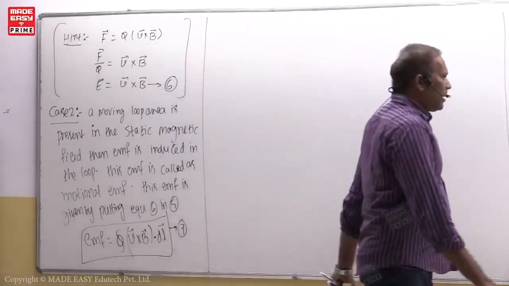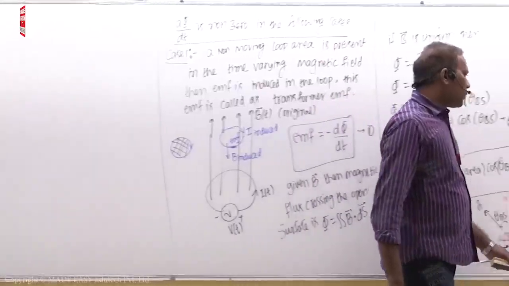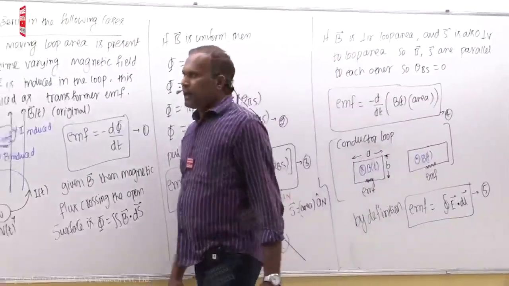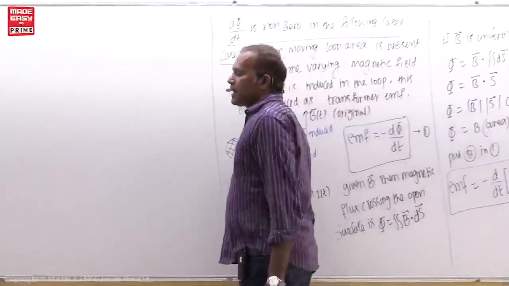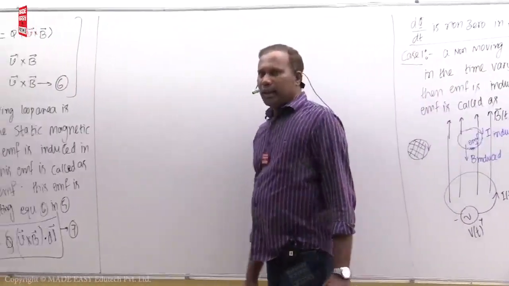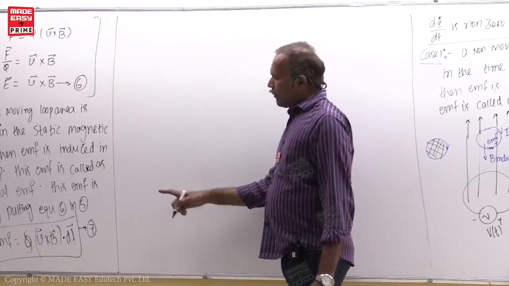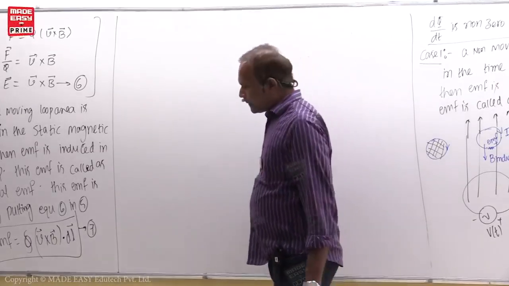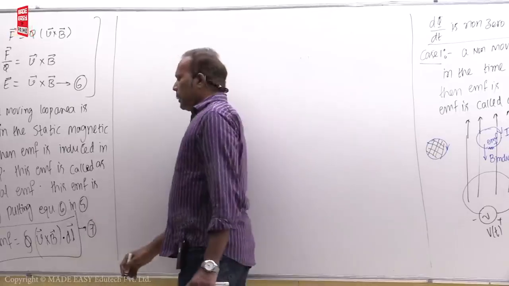So here is that equation, EMF is equal to closed integral of E dot dl, in place of which V bar cross B bar is kept. That means V bar is the velocity of the conductor. We will see that. I will show you the diagram also. Don't worry about that. Now, if